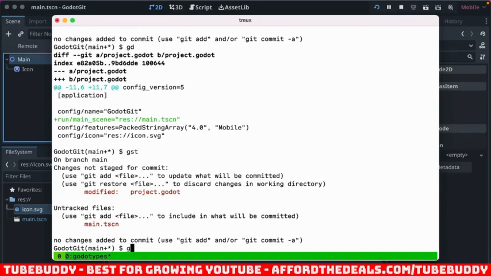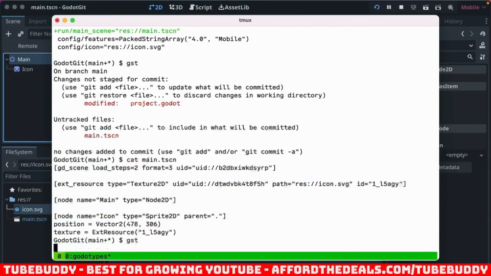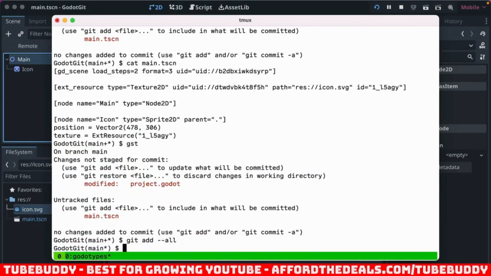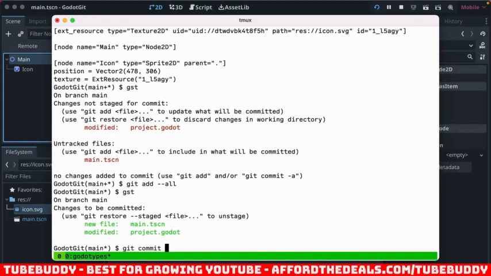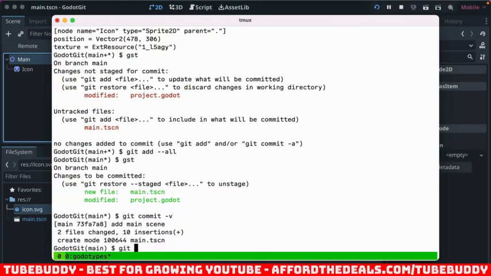And then if we do cat on main.tscn, there's just a whole bunch of stuff about what's in the scene. The Sprite2D, which references our SVG file and all that good stuff. So if we just want to add those all, git commit, and we'll say add main scene, and we're working